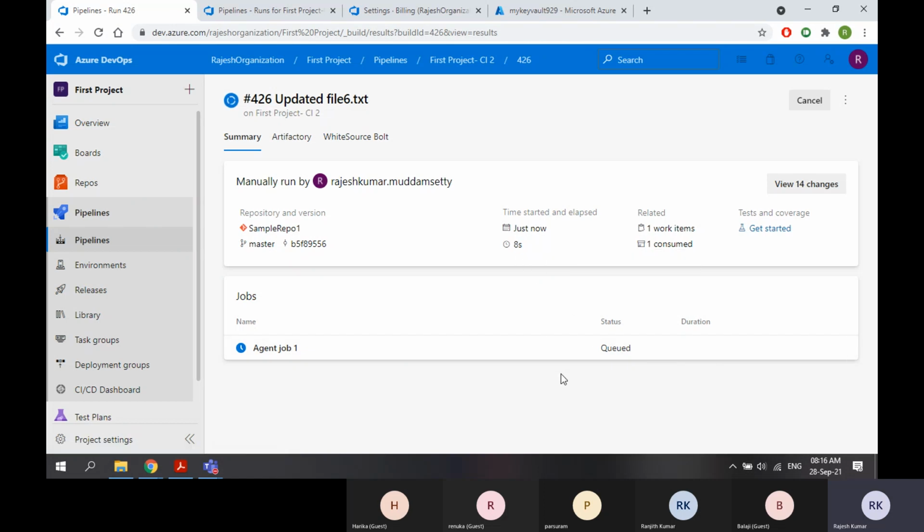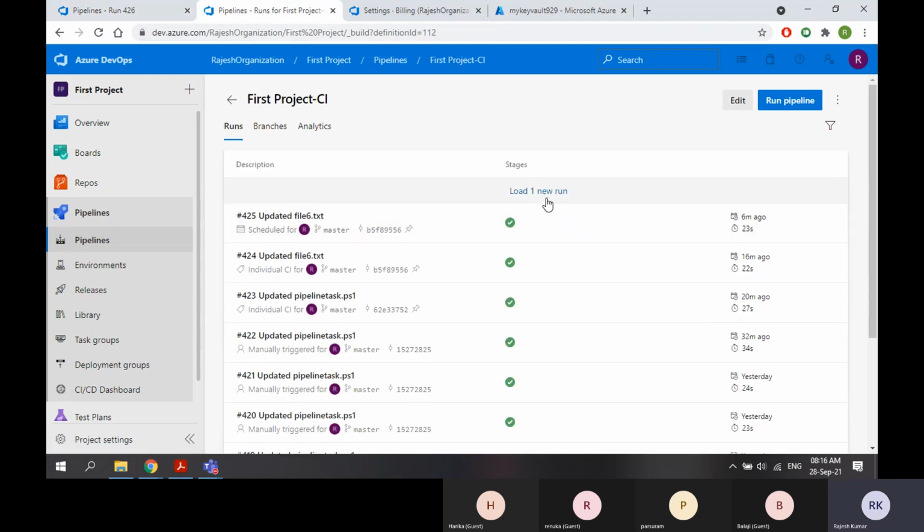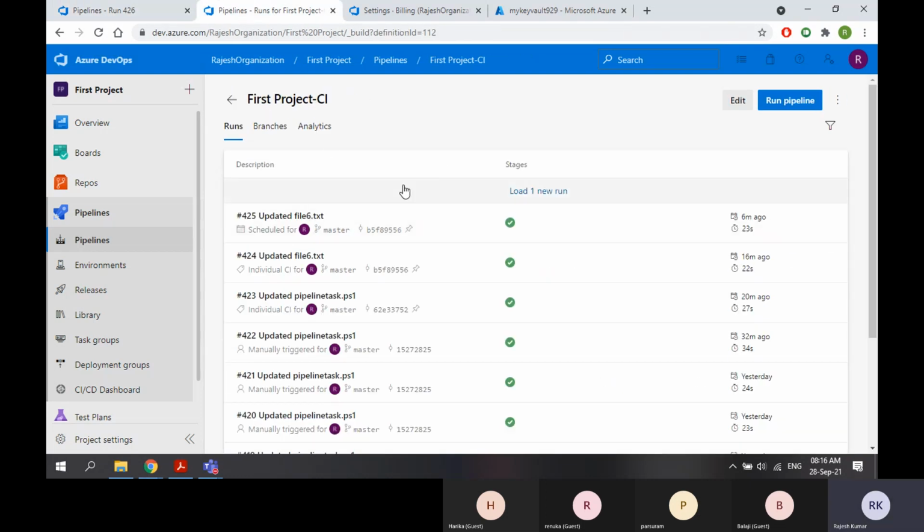That means it got an agent. Yeah, it's running now. Anyway, it will be completed. Now wait here. Yeah, that's completed. Yeah, see, a run started automatically. The moment this build got completed, a build triggered automatically here.